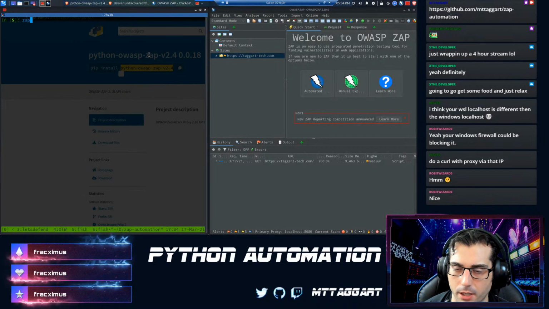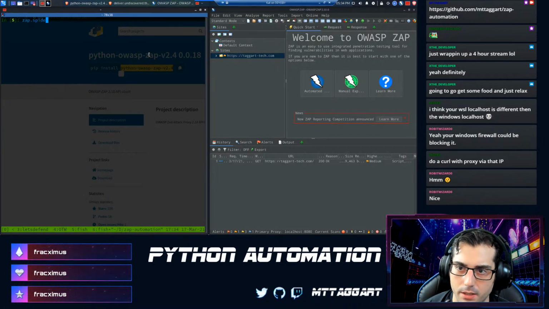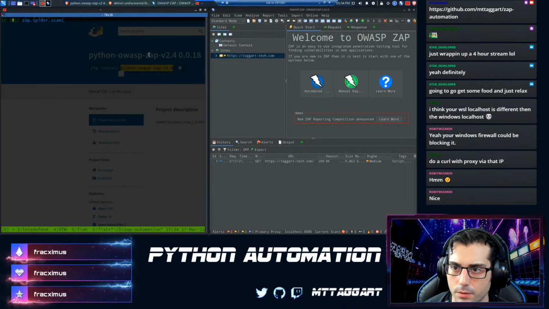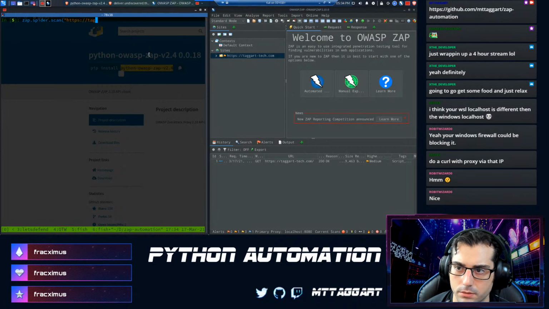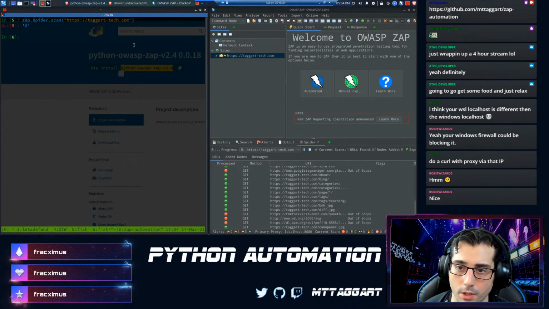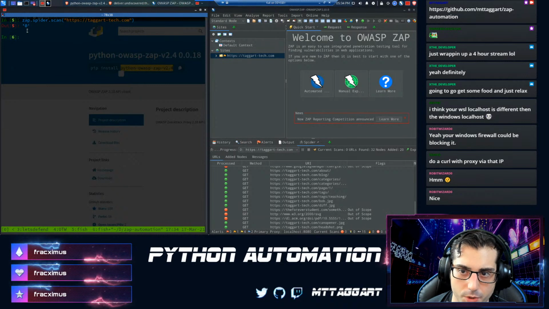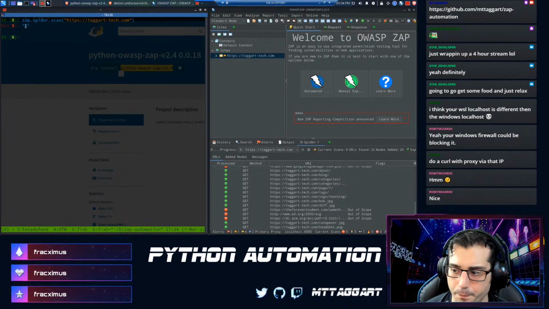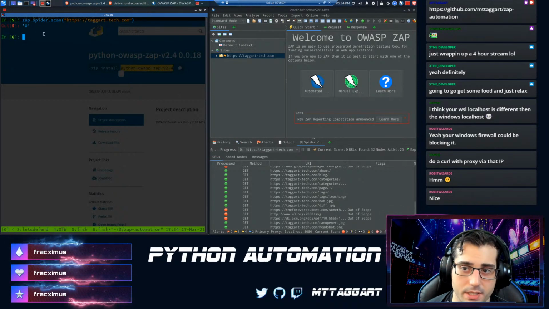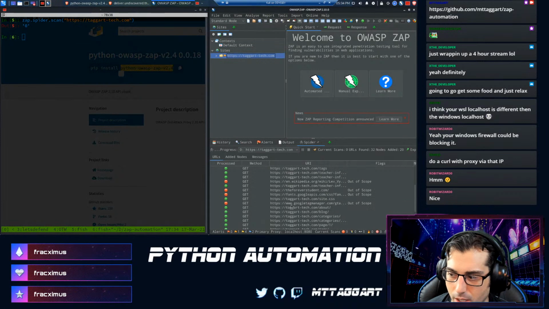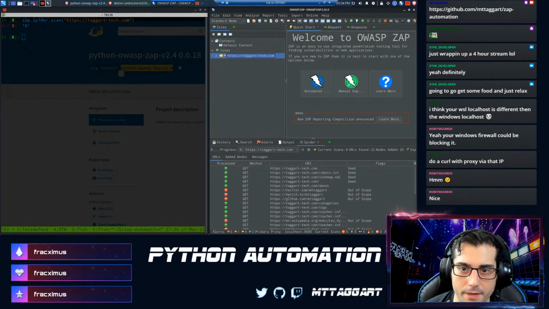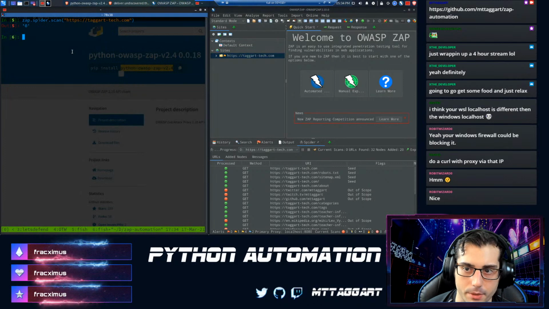Let's try to get that spider going. zap.spider.scan. And we'll give it the same URL. So you can see that the scan kicked off, and you can see that I got this 0 back, which is the scan ID, which I can use to check on the status of the scan, among other things, as it's going. Now, it was really, really fast because there's not a lot going on my site, but if I wanted to scan something a little bit larger, that's how I would do it.